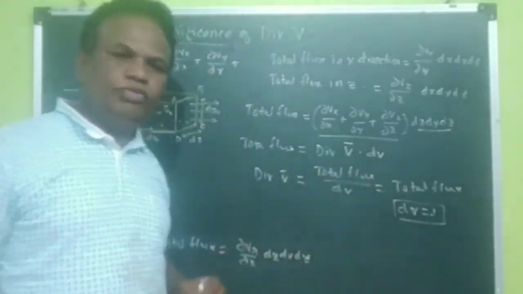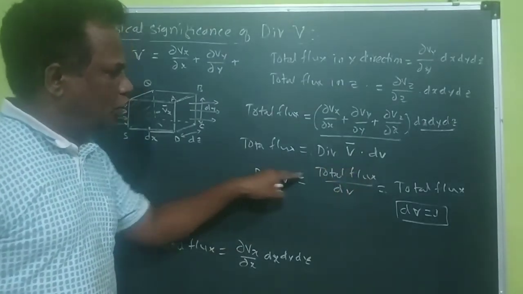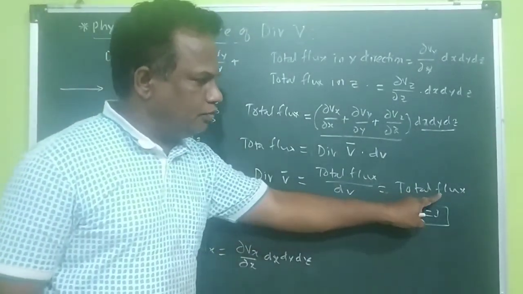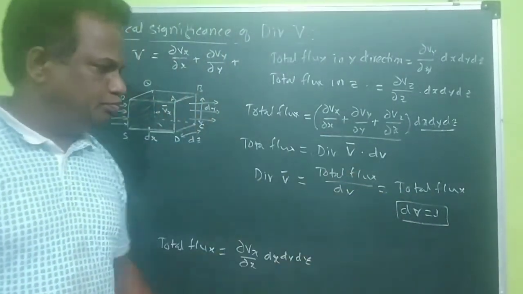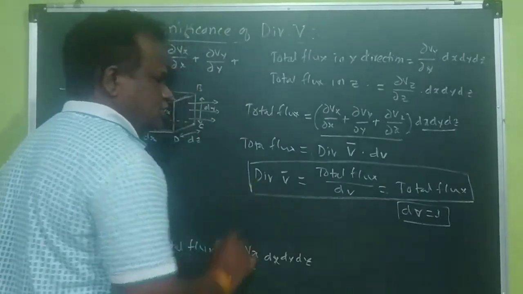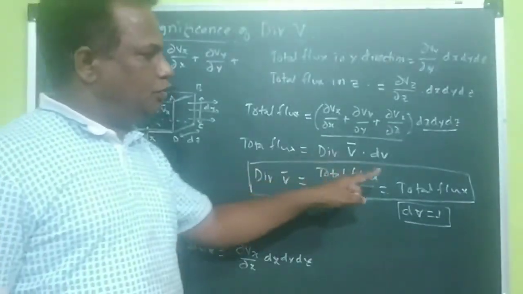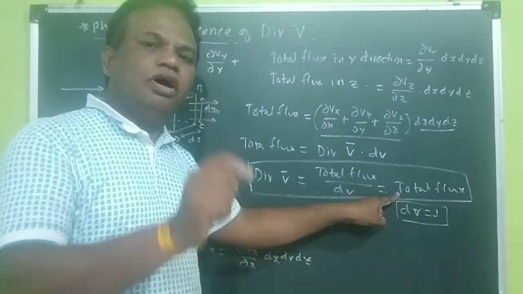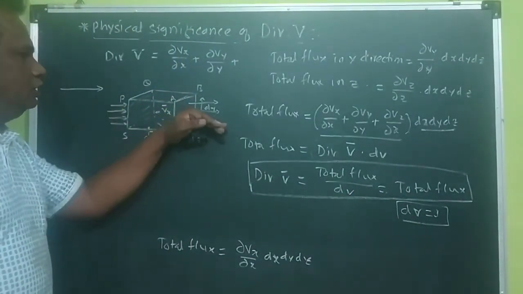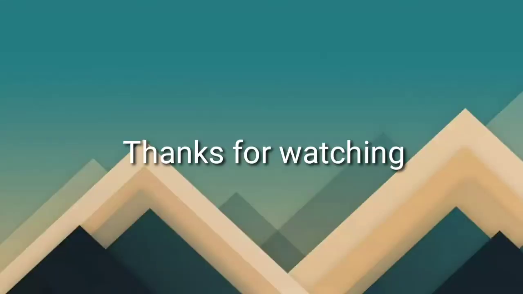This total variation, the total divergence of flux, is nothing but this bracketed value into dx dy dz, that means dV. So this bracketed value gives rise to divergence of V, where divergence of V is equal to this. We have to divide by dV, then total flux variation divided by dV gives total flux when dV is considered to be 1 cube. Is it? So now what is the physical significance we can say from this expression? From this expression we can say that the divergence of vector field V bar gives the variation of total flux of a vector field in three directions, in the x direction, y direction and z direction. Okay, can you understand this? Okay, thank you.